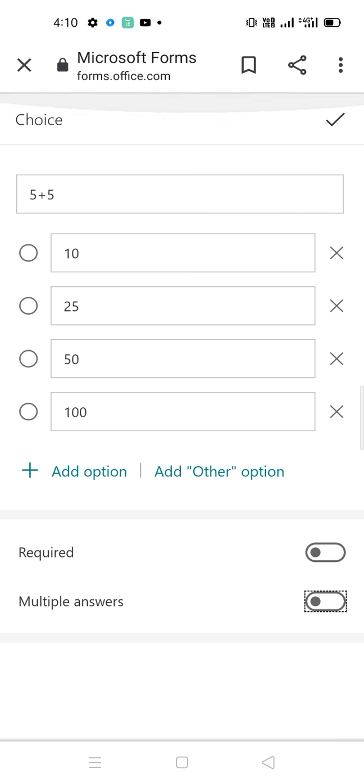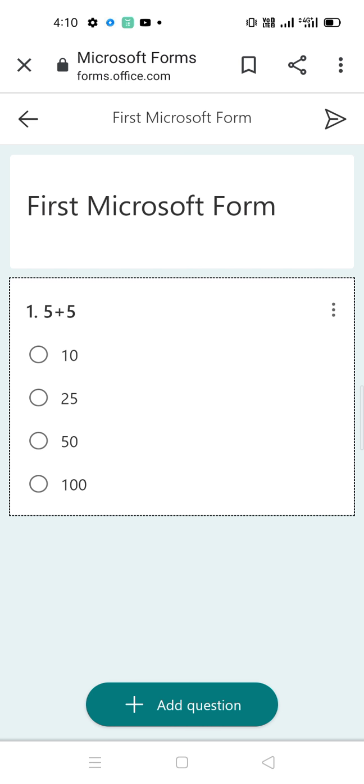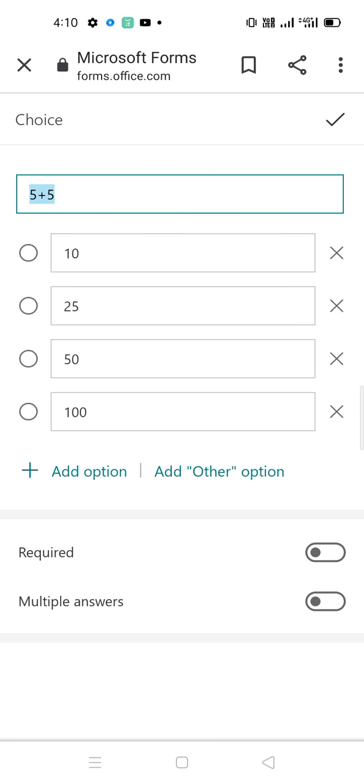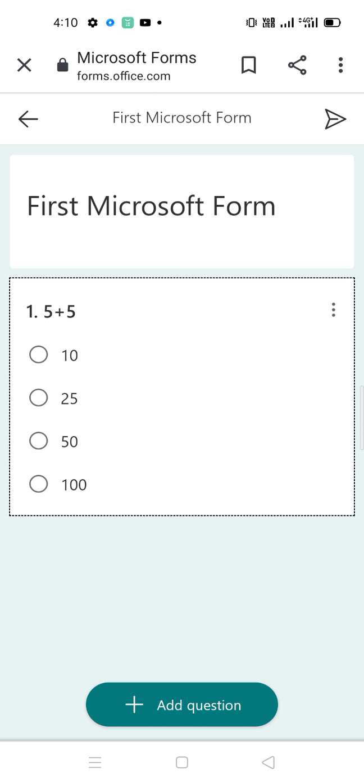Then you can give more questions like this. Okay, so now my question is ready. To attach this question to your form, you have to click on this tick option. Click on this tick option, and here your 5 plus 5 question is ready in your first Microsoft form.